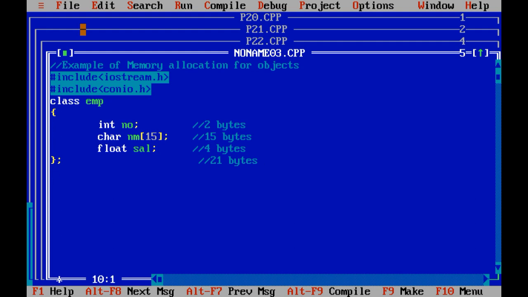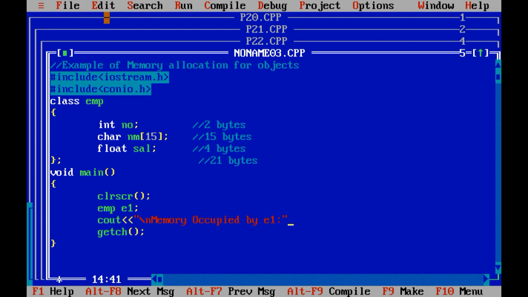Now void main, clrscr and getch. Need to create object of employee class, that is emp e1. Now if I want to check how many bytes are occupied by the employee object e1, then memory occupied by e1 would be sizeof operator.